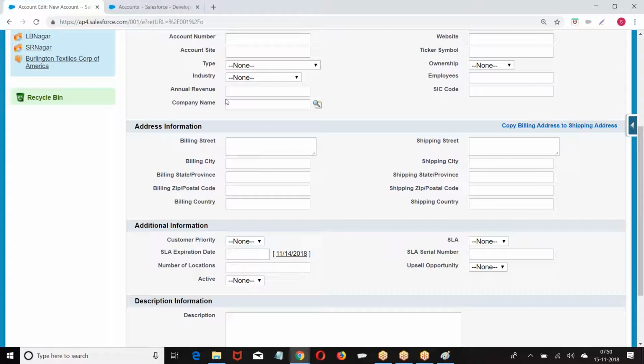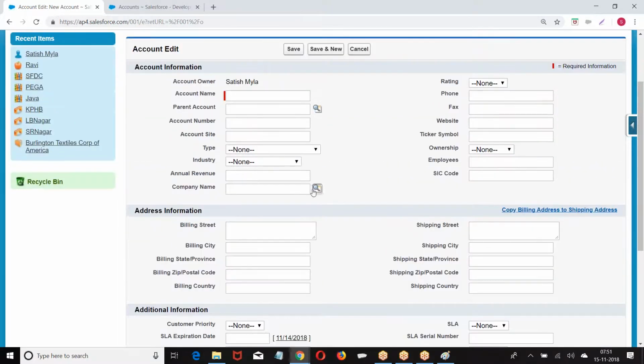So I hope you're good. Four points. First, lookup is a one-to-many relation. Second, lookup can be created on a standard object as well as a custom object. Third, lookup can be created on an object which contains the data or does not contain the data. Fourth, I can create it from an object to itself. It is not necessary that I choose another object. If you want, I can make the same object the parent.